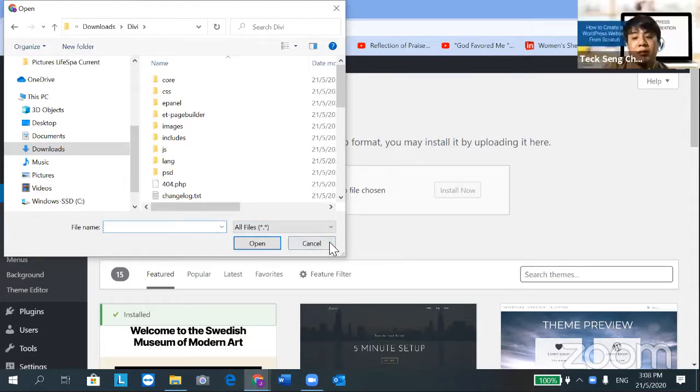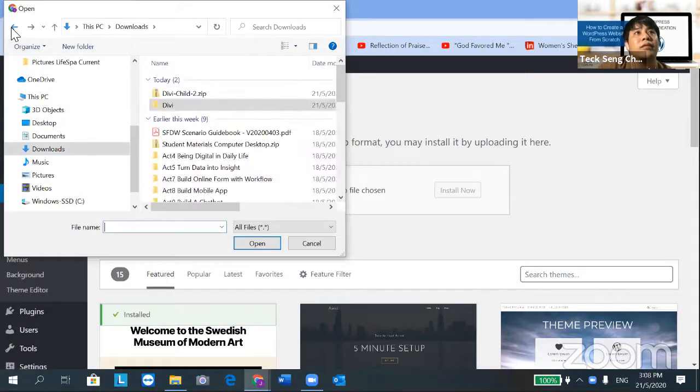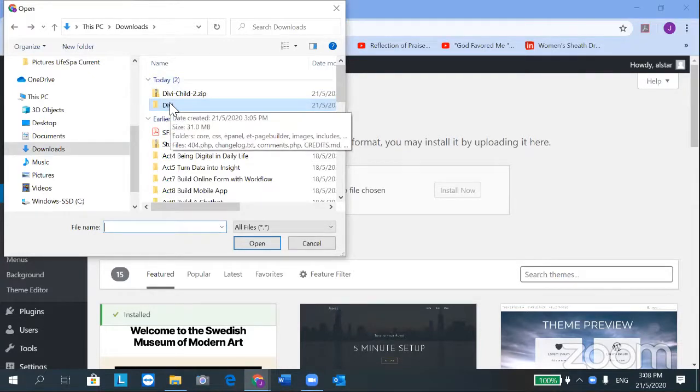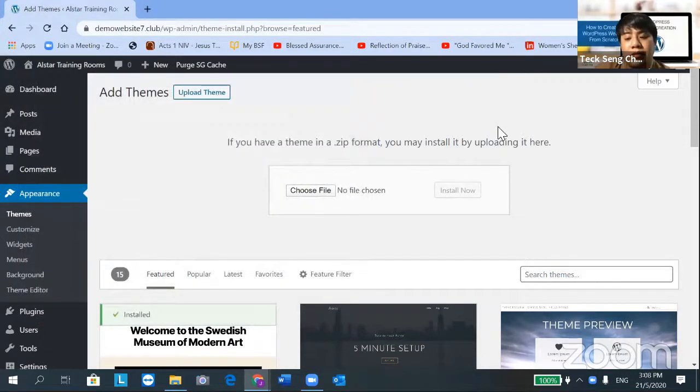No, you click on back, on the top left hand corner. Oh, you unzip the file. You cancel this dialog, this window away. Okay. Can you go to your download folder?